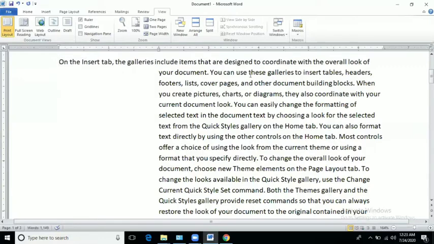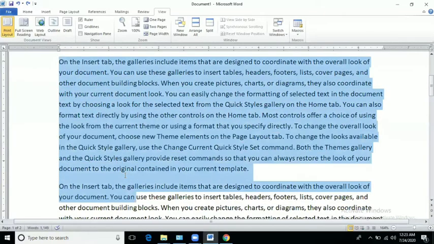Clear? By default, it will apply only to the paragraph where my cursor is. If you want to apply it to two or more paragraphs, then you have to select them first. I am undoing it.